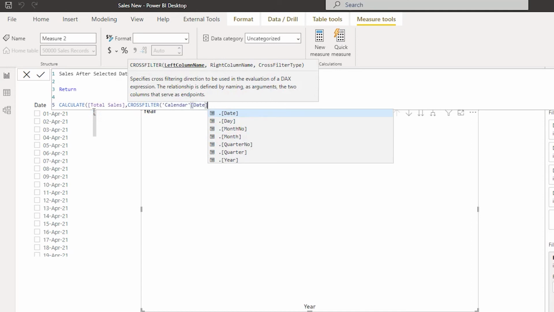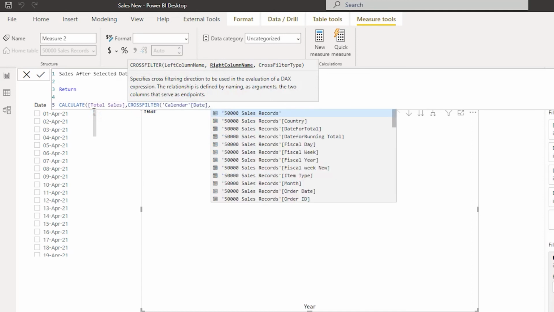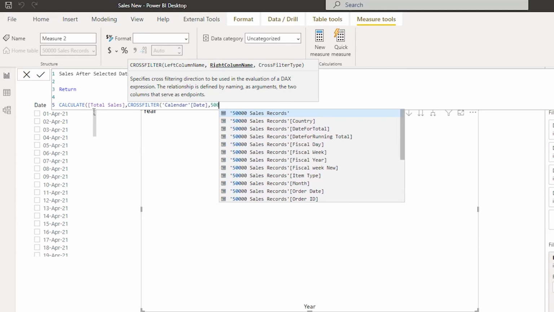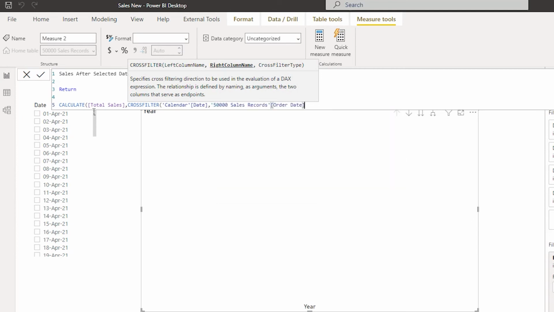Okay, comma, and then it's asking us to enter the right column name. So here we're going to use the date column from our sales table. So I'm going to use the order date from the sales table. Okay, and then comma, cross filter type, I'm going to say none. I'm going to close the bracket,